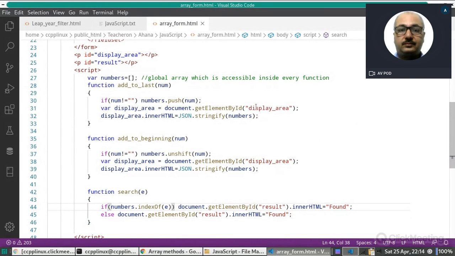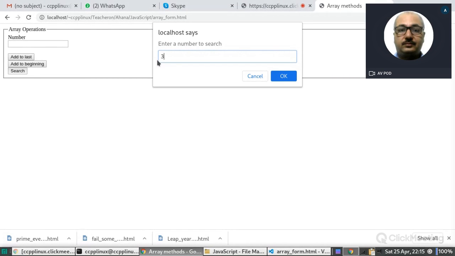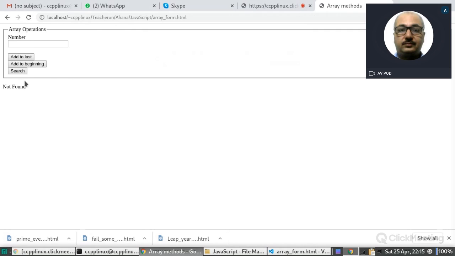If the value is greater than or equal to 0, in that case it is found, and if it is not greater than or equal to 0, then it will be not found. Let us refresh this. Now click on this search method. 3 is not found because this array is not here.